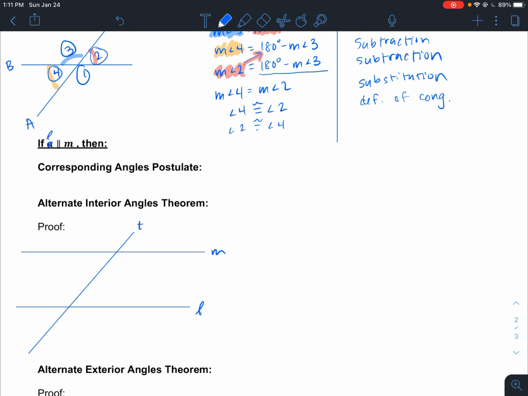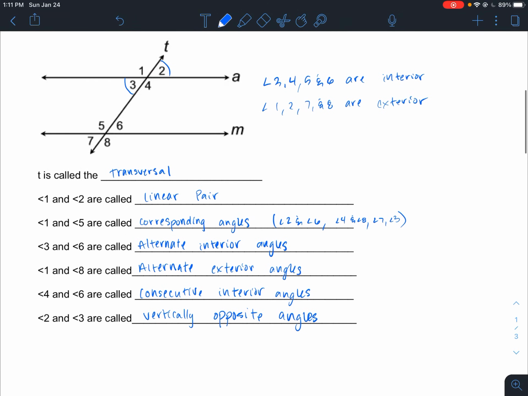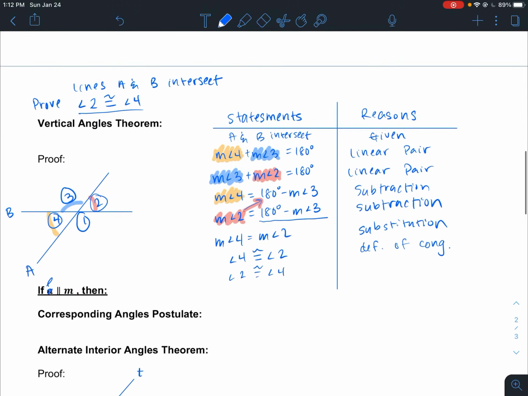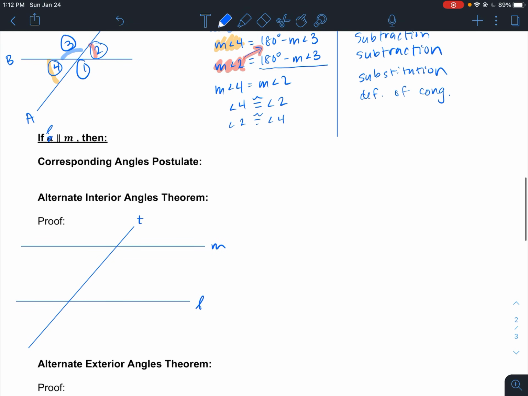Now, if you remember from our diagram at the start, corresponding angles were, in this case, which ones were they? 1 and 5 in this example. So 1 and 5 were corresponding angles, but also 2 and 6, 4 and 8, and 7 and 3 were also corresponding angles. Okay, so I'm first going to give you the corresponding angles postulate, which states when two